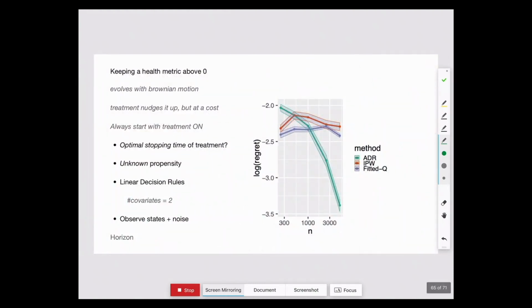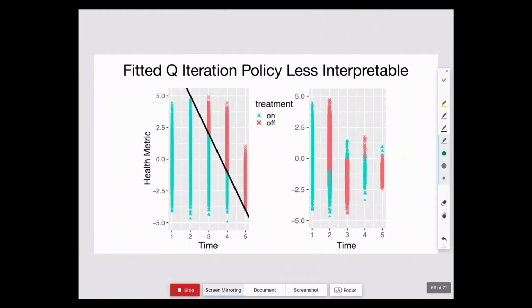I'll just highlight here that I think these types of estimators can do much better than fitted Q iteration. As you might expect, fitted Q iteration, if it's not realizable, is going to asymptote in its performance, whereas these estimators can continue to improve. And in terms of people actually using machine learning for the types of problems that we'd love to have impact on, I think that thinking about interpretability and end case uses is really helpful.